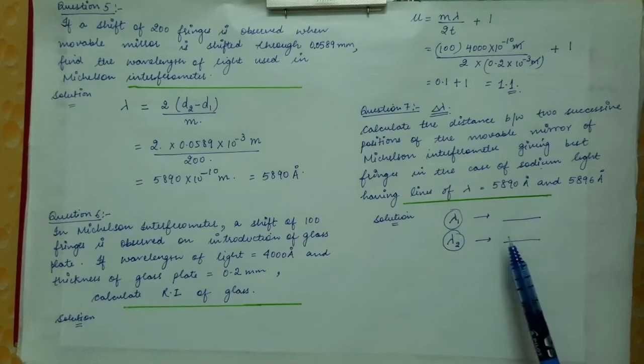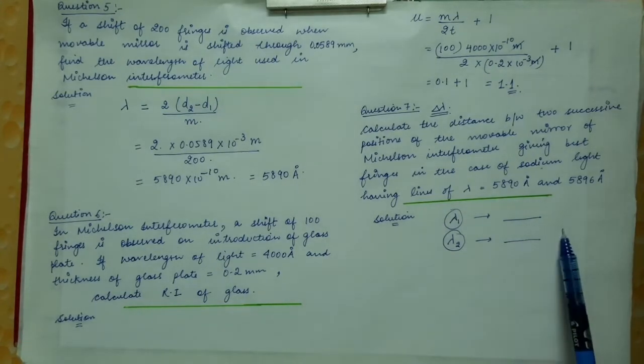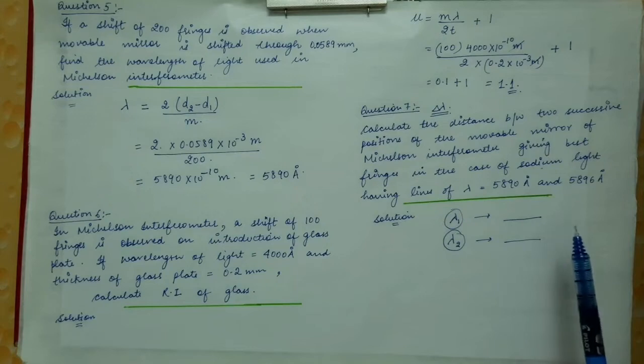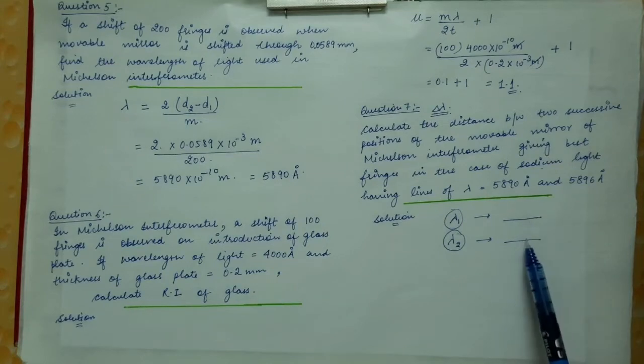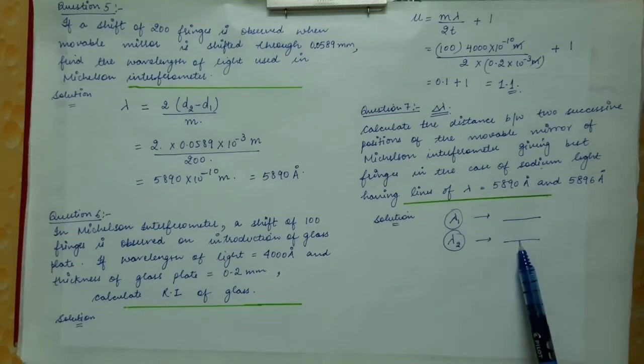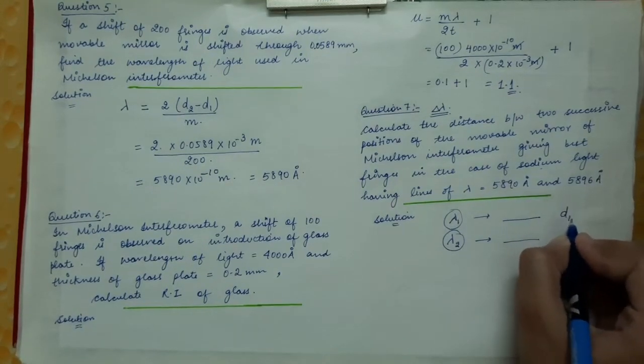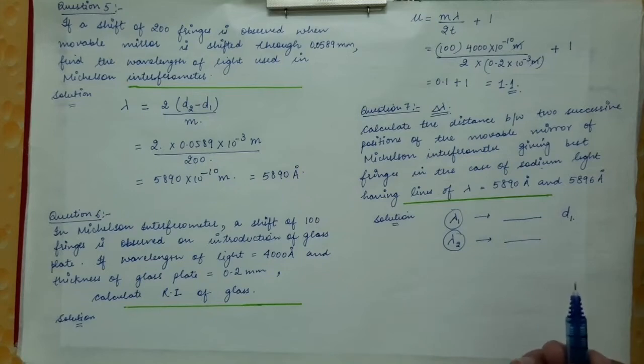In that case, distinct fringes will be obtained on the screen, and this occurs only because of the movement of the mirror M1, because on moving the mirror M1, the fringe patterns either collapse or expand. So we will obtain distinct fringes when mirror M1 is moved. Let's say that position of the mirror is D1. Now again the mirror is continuously moved in the same direction.